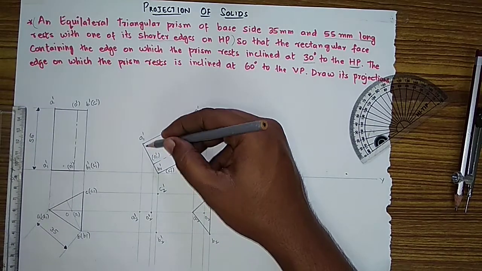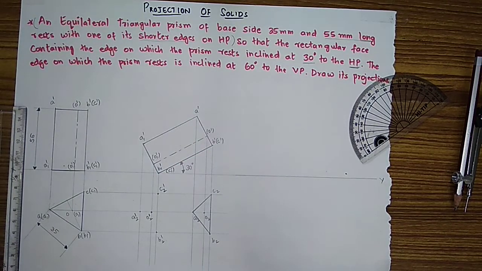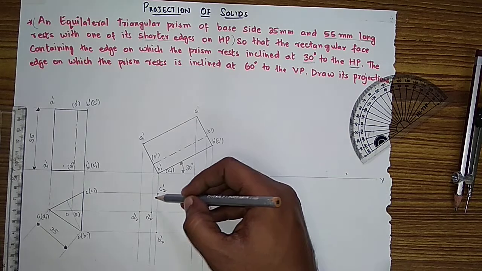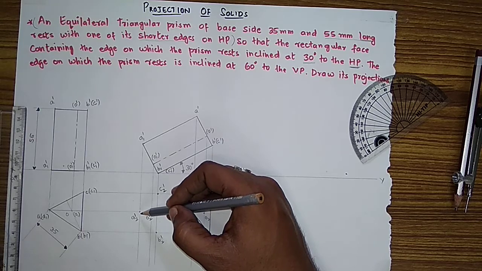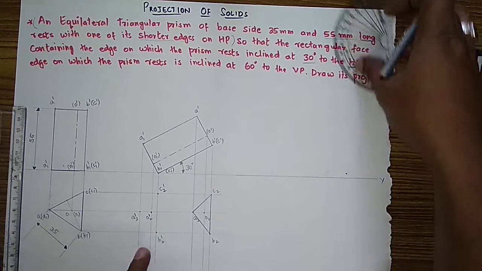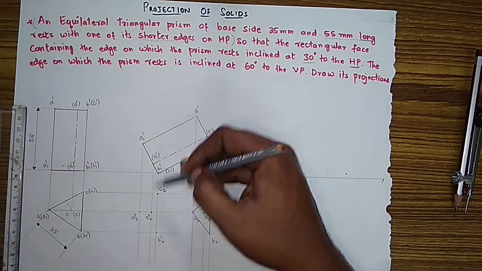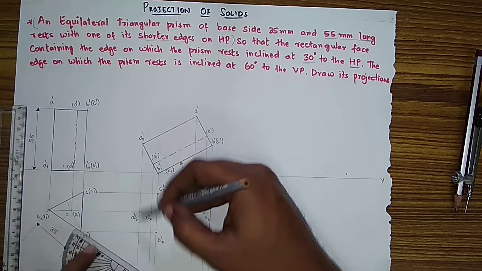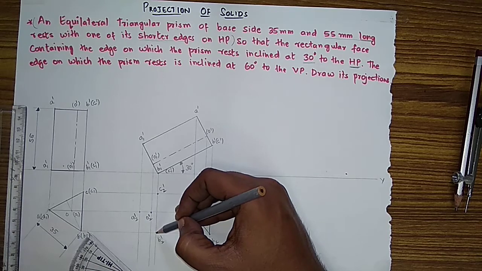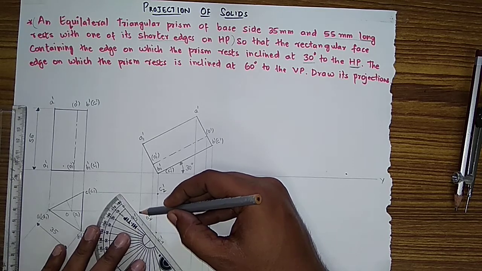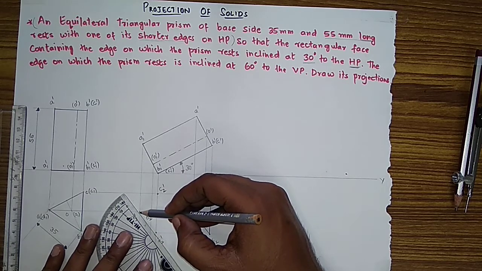The next line I am doing is not visible from the top, meaning it is downwards. It is not visible, meaning it is invisible. For the invisible, you have to do it dotted line. A to B, B to C, C to A. But here in the top view, if any line is invisible from the top, you have to see here in this plane whether A2 dash to B2 dash is coming on the boundary. If it is coming, you have to do it dark, because boundary lines will be dark.